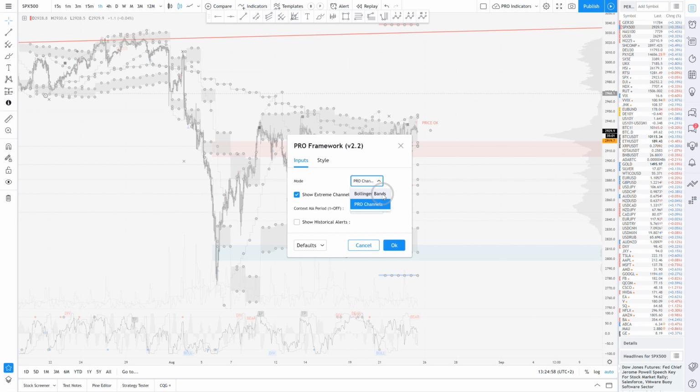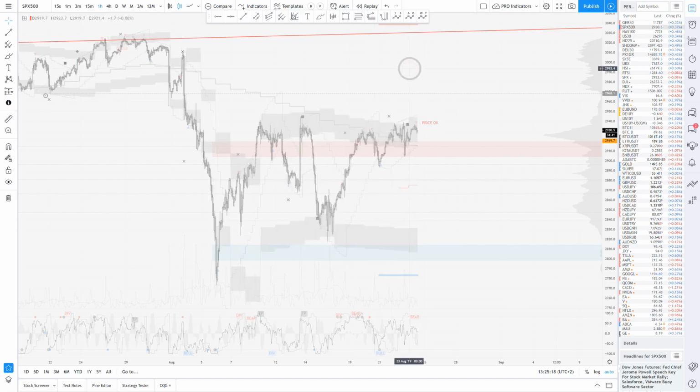Focus on something. If you want Bollinger Bands instead of pro channels, then go for it and just stick to it. It's a key rule in here. I don't mind any choice you make. Just make sure you stick to it and don't change every couple weeks or something like that. All right? So now let's try to understand what the difference is. And you can combine the two, but I don't necessarily think it's actually worth it.